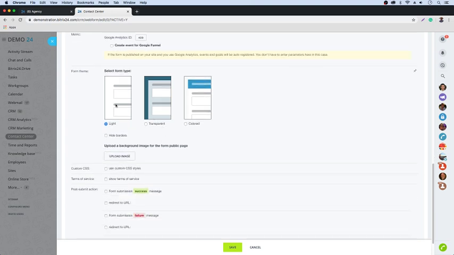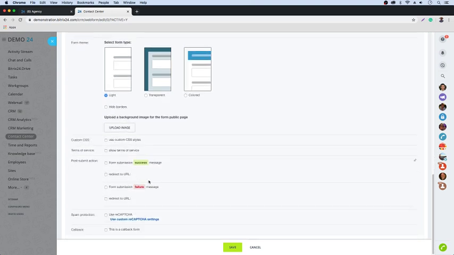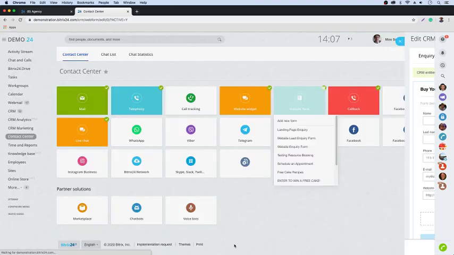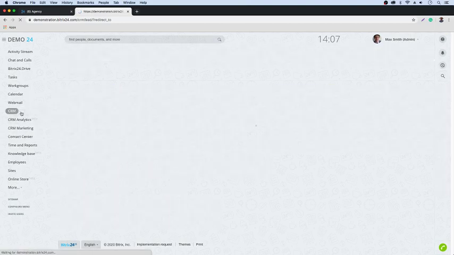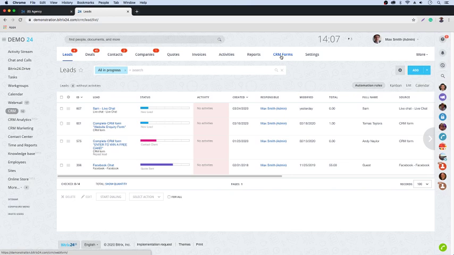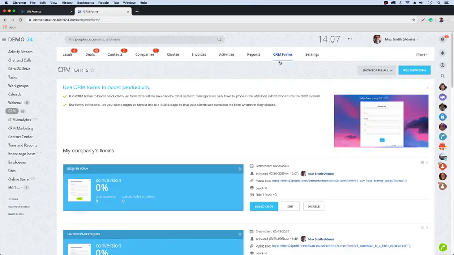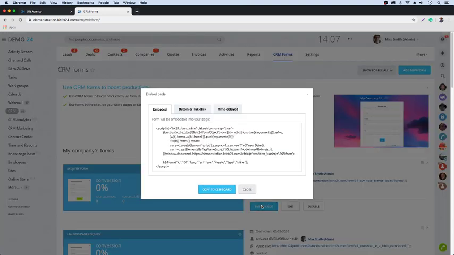If you want to style it up to match the style of your website, thank you pages, and so forth. So if you click on Save, the way to embed your form, if we just go into the CRM here, and then go to CRM Forms at the top of the page. And the way to get this inquiry form on your website is simply clicking on the embed code and copying it and then pasting it into any of the areas where you may want to have this form displaying on